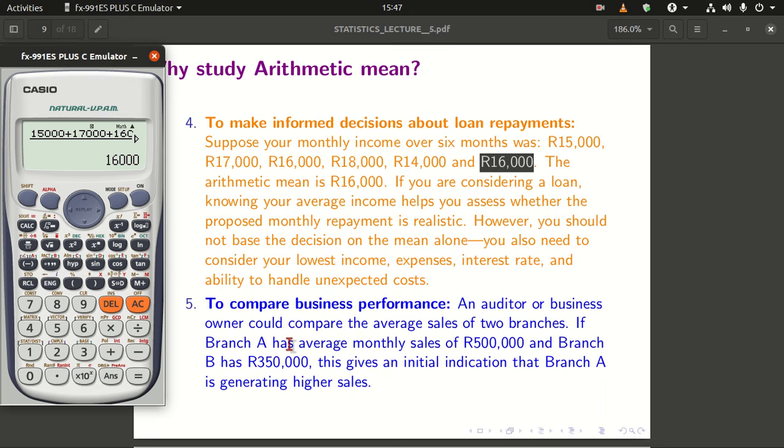Most of the time when you have two companies, you want to track which one is performing better so that you can focus your efforts on the one that is performing well, or pay attention to the one that is not performing well because it might be sinking, something of that nature,